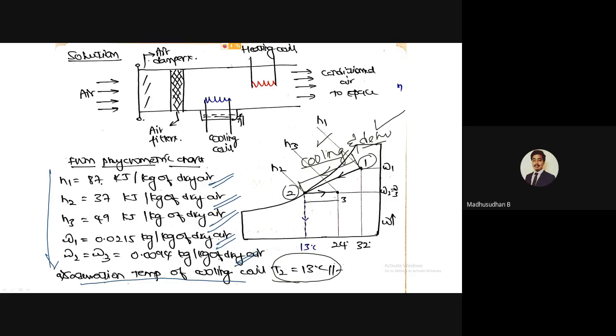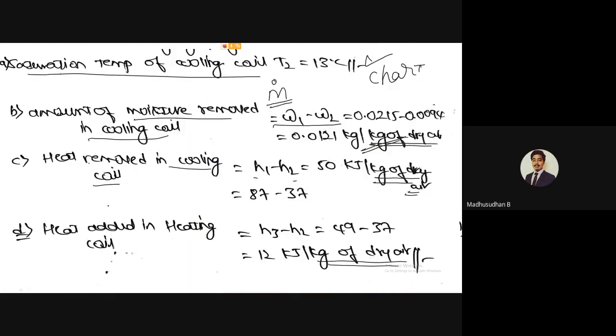If you want to calculate the amount of heat added, then you have to go for the heating process, which is 2 to 3. That means H3 minus H2. That is how you calculate the things. So the heat added by the heating coil, which I have just stated, is calculated as H3 minus H2. So 12 kJ per kg of dry air,